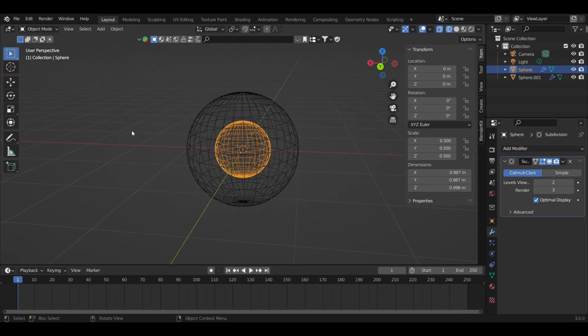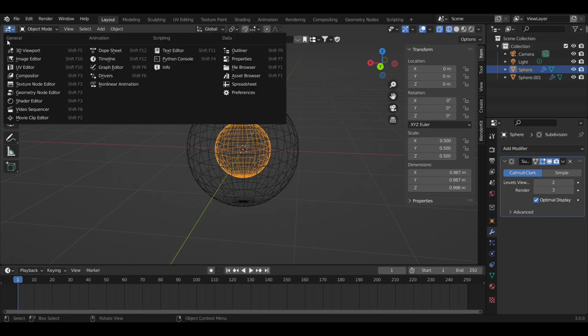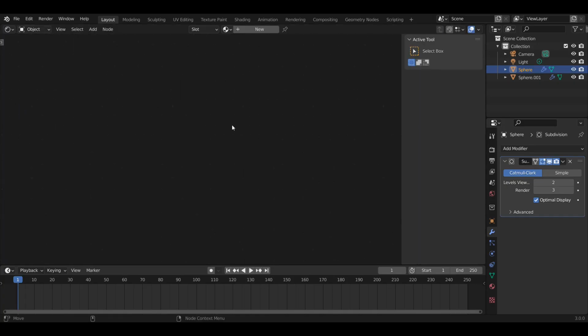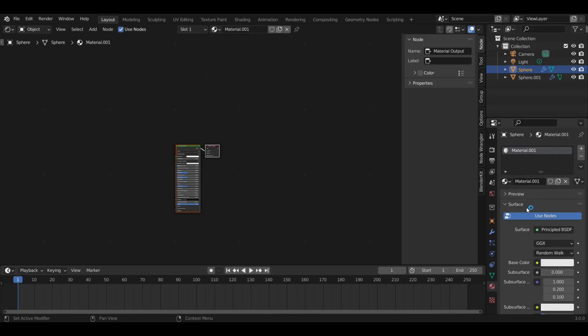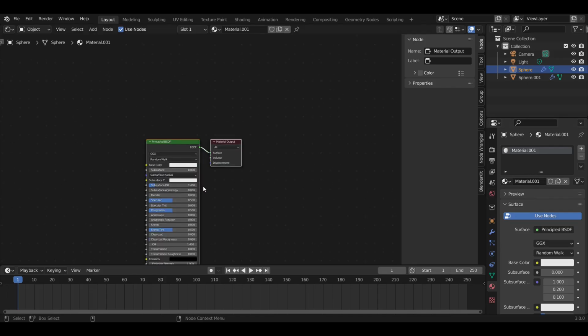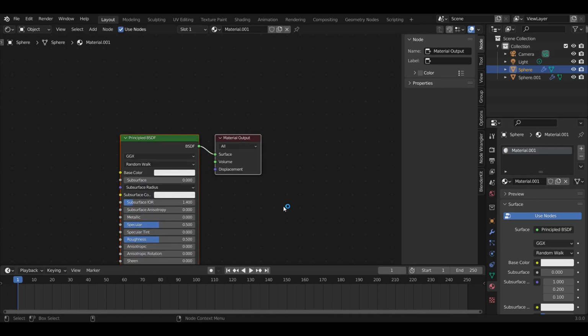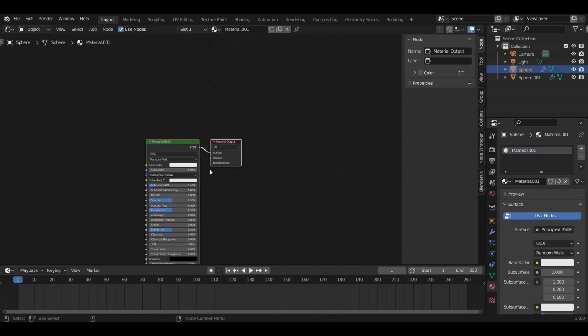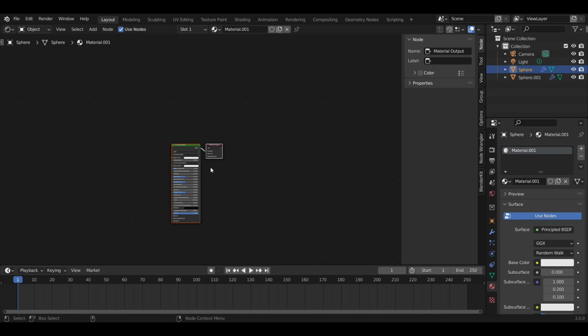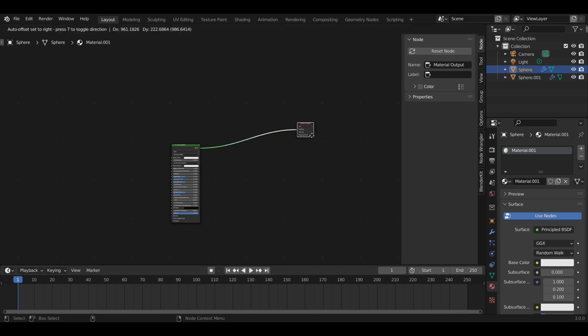So I selected the inner shape, and I'm going to go to the shader editor where the nodes is. I'm going to go to new and click that. That creates an automatic new texture to work with. And so this is the most complicated part, so this is where I recommend you stick with me through this. It'll be a little tricky,